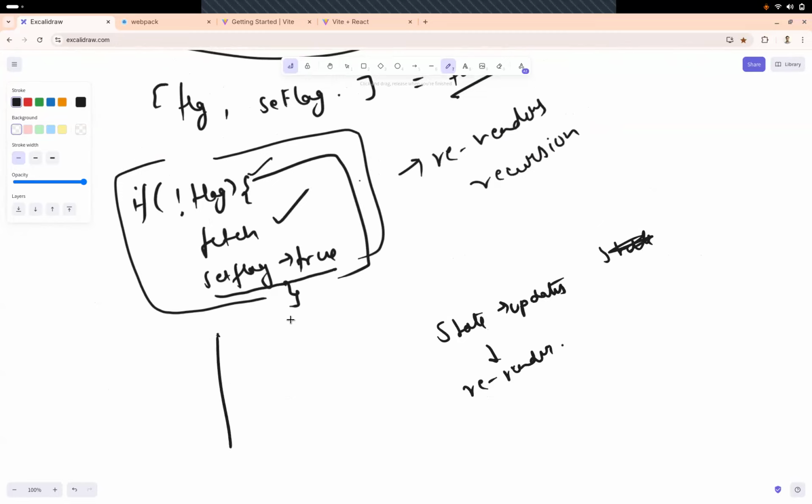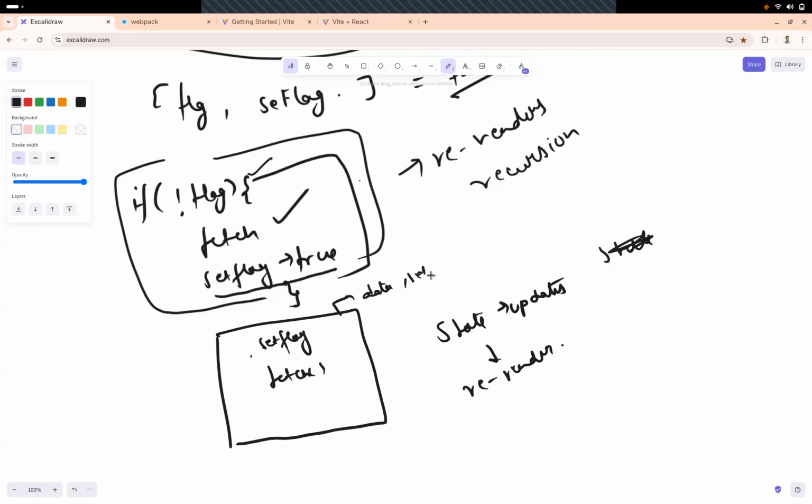Yes. Now think about it, you have a component and in that you have set flag, right? What happened? The first time this fetch was called, it's not wrapped into anything, it just gets called. So you're calling this fetch. In here, of course, you're going to have some data state, data and set data, which is holding that fetch data,